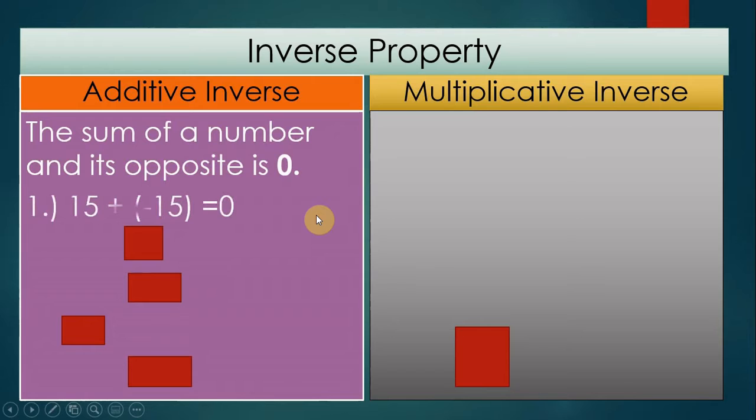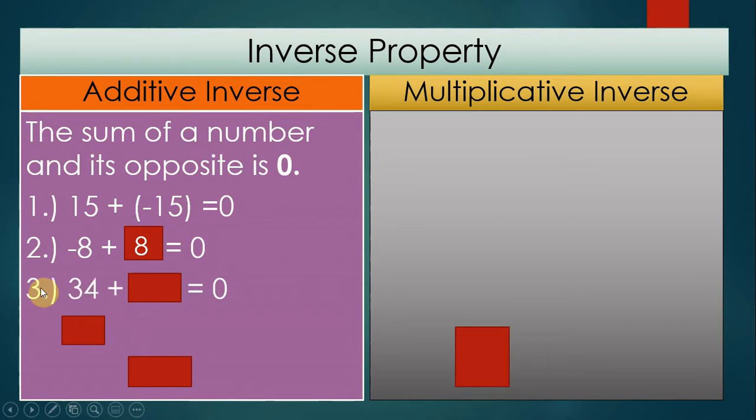Okay, here is the example. What is the opposite of 15? It's -15. When you add up the two opposites, the answer is 0. Likewise with number 2, -8. What is added to -8 to get 0? So it's